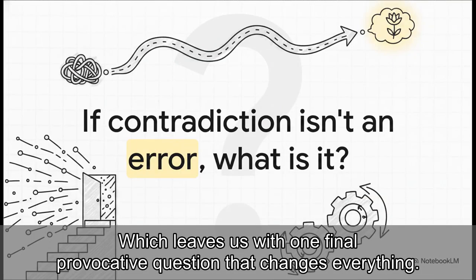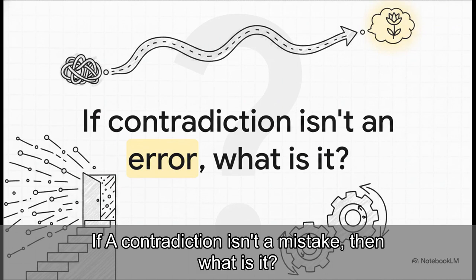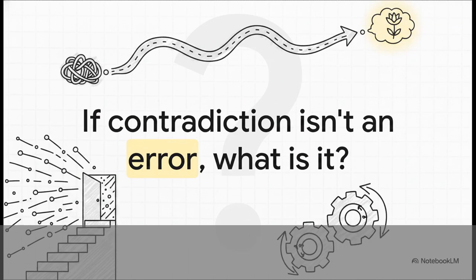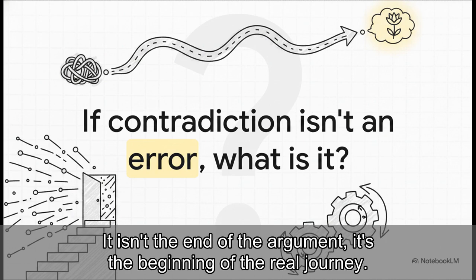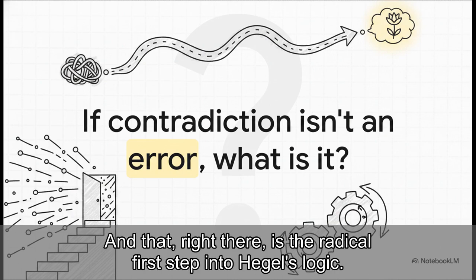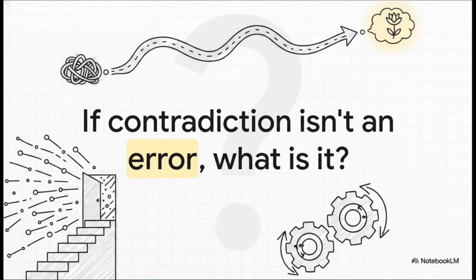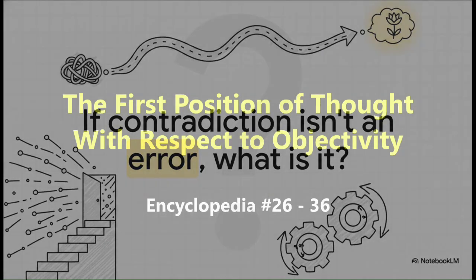Which leaves us with one final provocative question that changes everything. If a contradiction isn't a mistake, then what is it? For Hegel, it means you're on the verge of a deeper truth. It isn't the end of the argument, it's the beginning of the real journey. And that, right there, is the radical first step into Hegel's logic. Das Wahre ist das